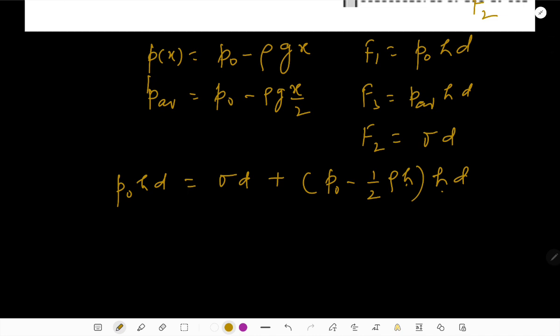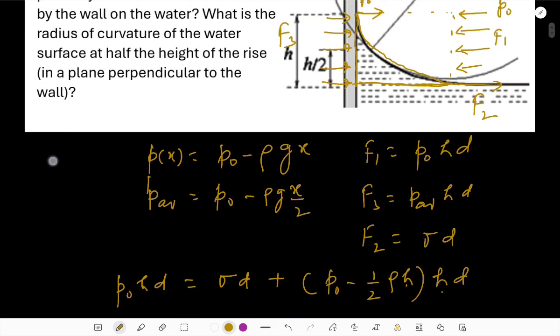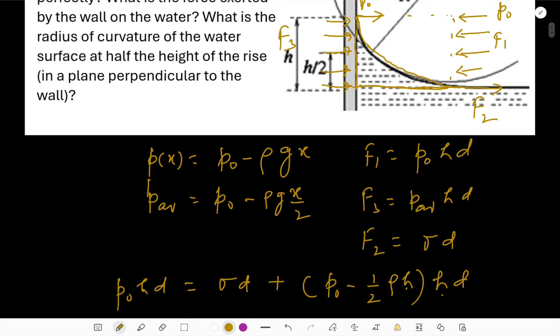P naught HD gets cancelled out, so you are going to get the value of H equals sigma by rho g, and you have all known water data and you can use it. The next problem is interesting, that is we need to find out the radius of curvature,